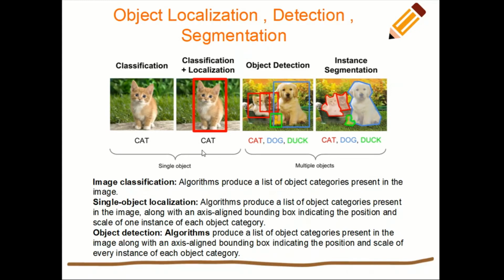But in the localization, so classification plus localization, what do we do? We try to create a bounding box around an object, and we also have a label. So we have a label here. So given the image, we basically created a label here. We created a label here also, plus a bounding box. Now object detection,